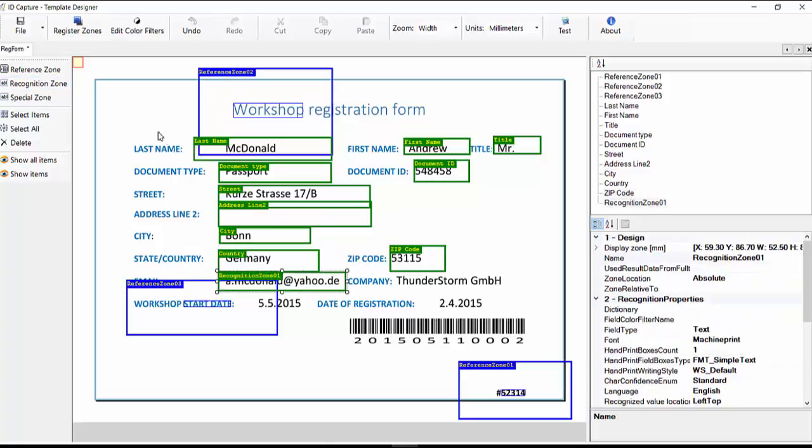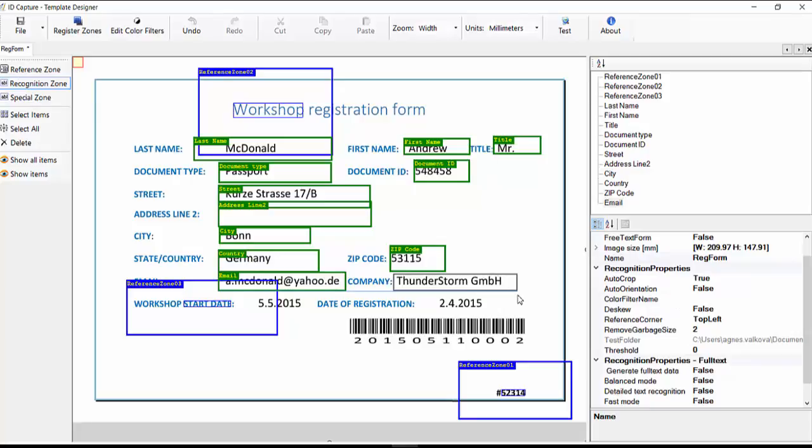Next, what we'll label the email, as well as more important information such as the company name,